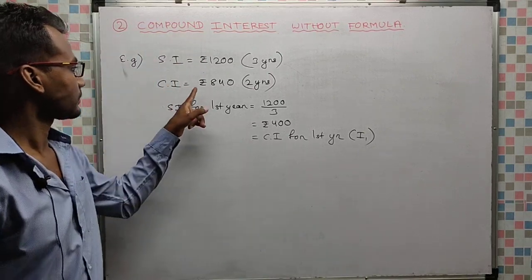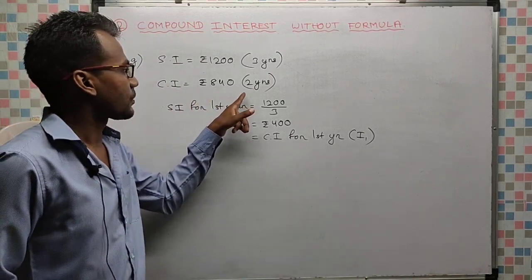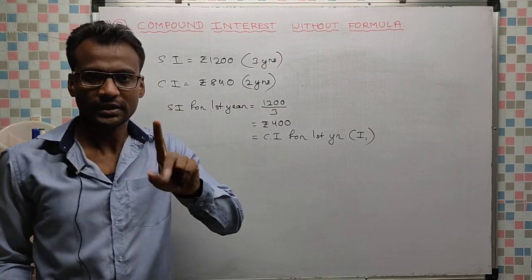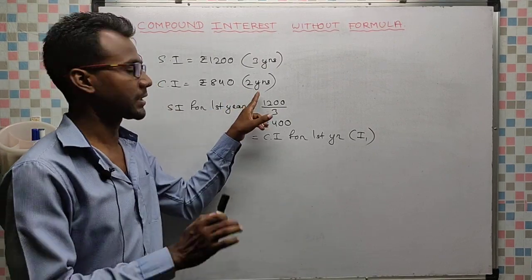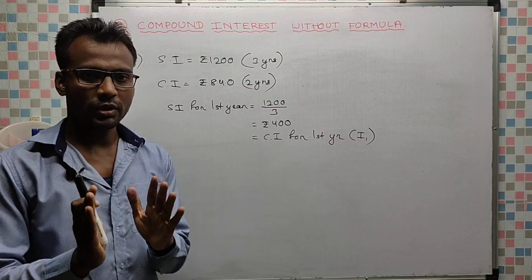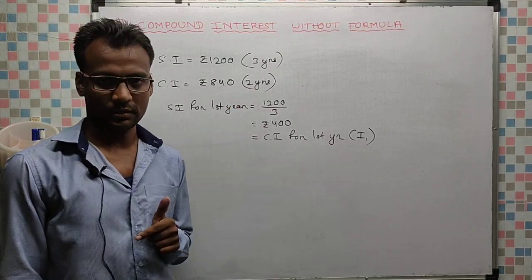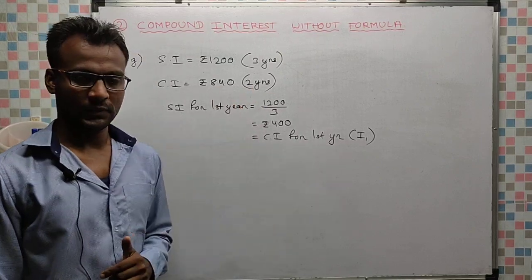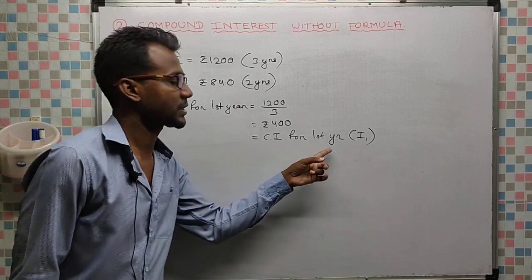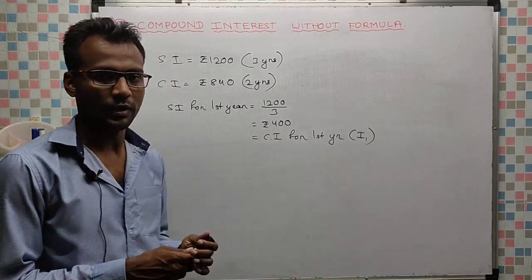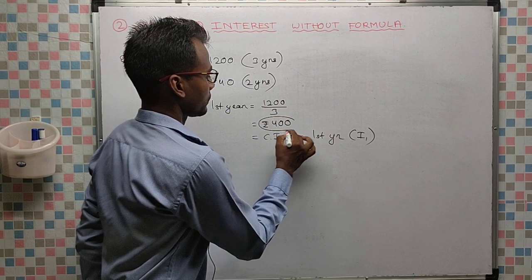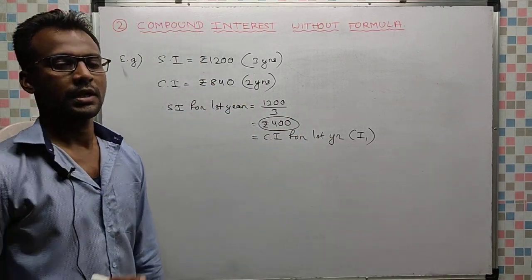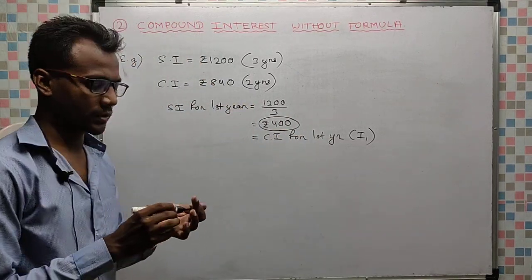Then see, compound interest for 2 years, not second year. Okay. See the difference. Compound interest for 2 years is rupees 840. And compound interest for first year only is 400 rupees. We have calculated. For first year it is 400 rupees. Then what is I2? Suppose, example,